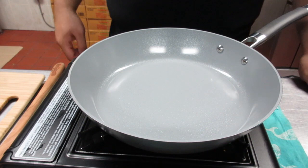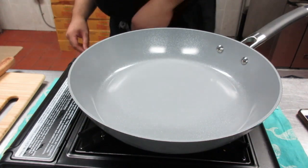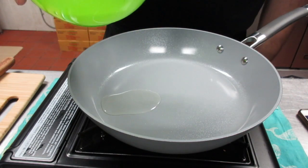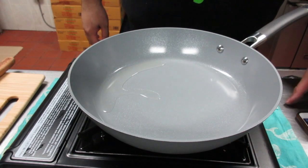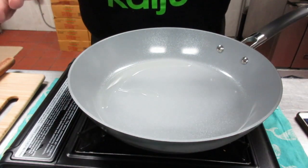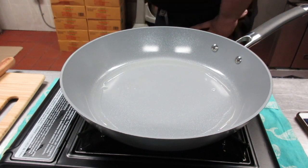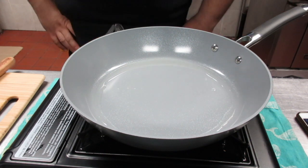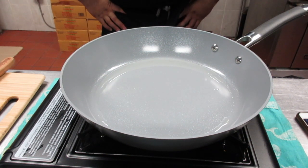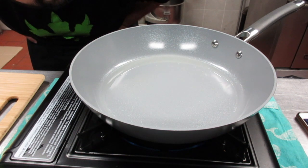Now it's time to cook. So we're going to turn our pan on. We're going to add just a little bit of oil. So what I'm going to do is I'm going to start a timer, a stopwatch, to see how long approximately it's going to take, because I don't want you guys sitting there bored waiting for the pan to heat up. I got smoke on my end, and it took about...